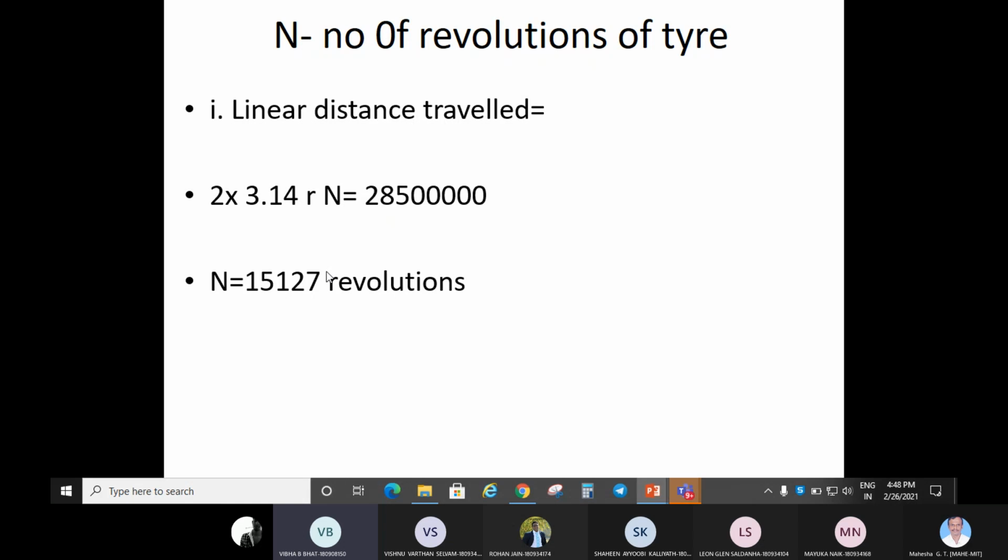Micah, what did you get? Like 15 million revolutions. That is okay, fine. 0.3 you put. And in the second case, you put 2 pi r. R will be 500 mm, so that's 1020, I told. You get around 9,071,000 revolutions for the second one, no? Yes, sir. Maybe, which is less than the first one, no? Yes, sir. Fine. 0.51 you have to put here for the second case.